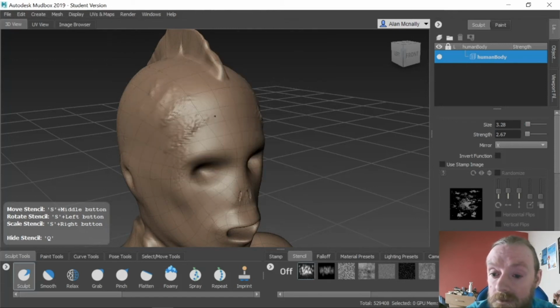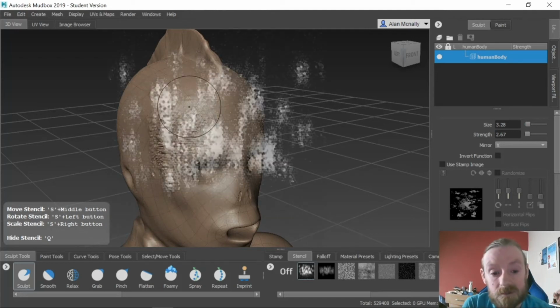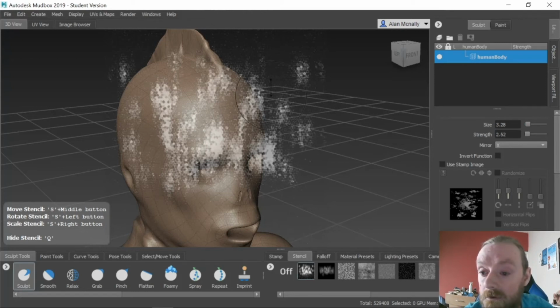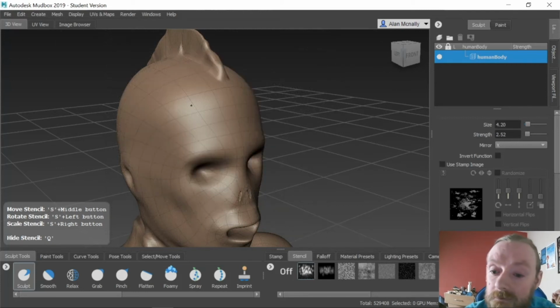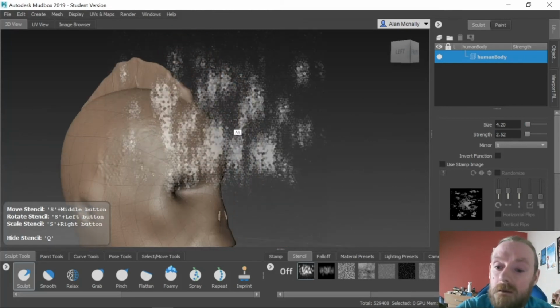Just color it in. So we've got like, that's a bit too much, I think. So we're gonna undo that. What we're gonna do is bring the strength of the brush down. Oh, put the size of the brush up, maybe a little bit. Let's see what this is like. Just lightly color over it so that we get a